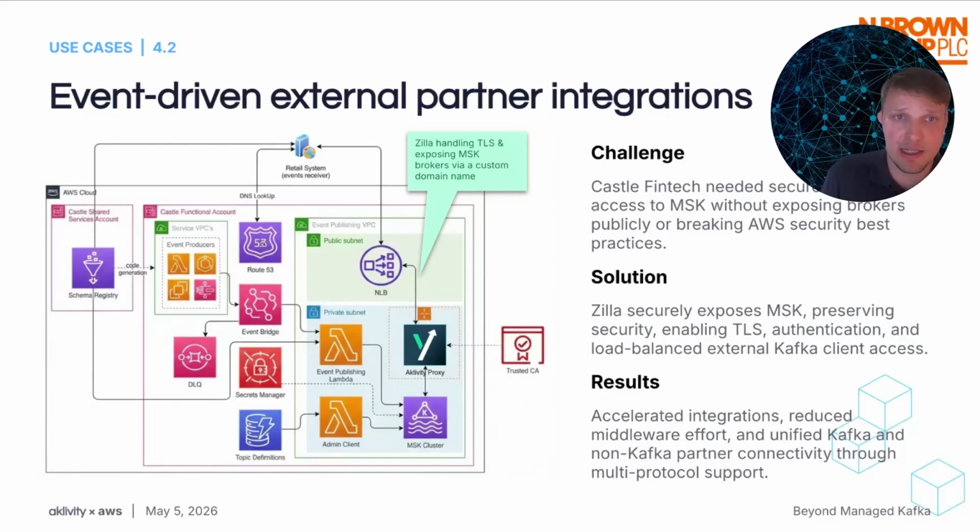Another organization that is reaping the benefits of having an operational layer on top of MSK is N Brown. N Brown is a leading UK digital retailer with brands including JB Williams, Simply Be, and Giacomo. They have an in-house financial services platform that's building out a buy now, pay later offering, so basically an Affirm type product that's built in-house, providing credit to customers, enabling them to put something in their basket and, instead of paying on the spot, sign up for a payment over time plan.